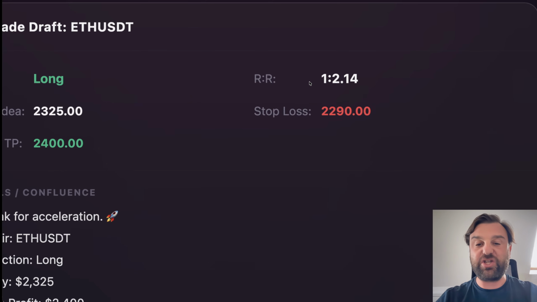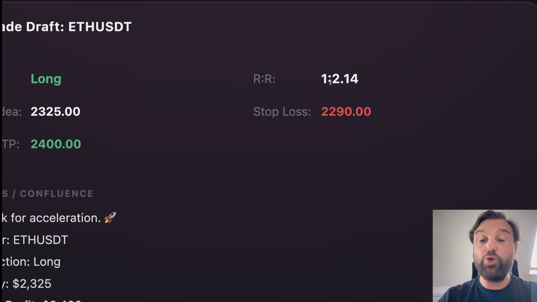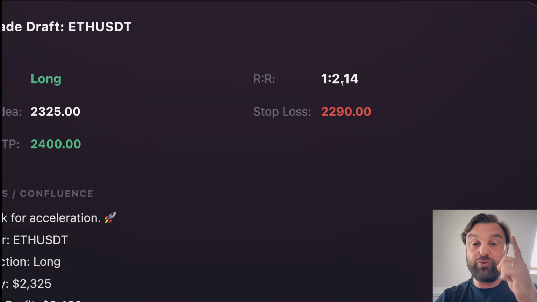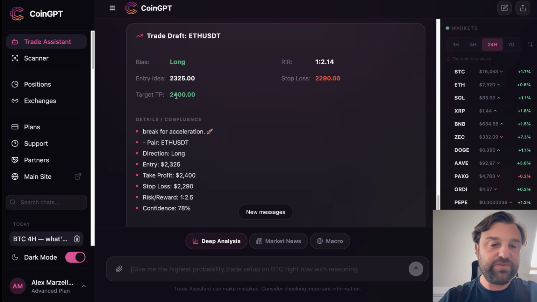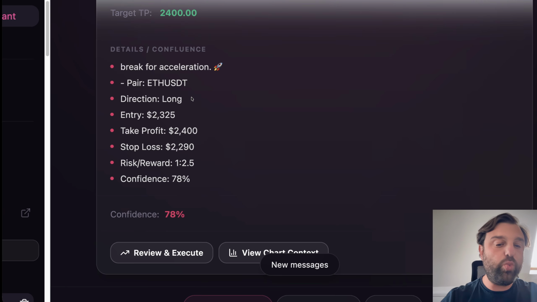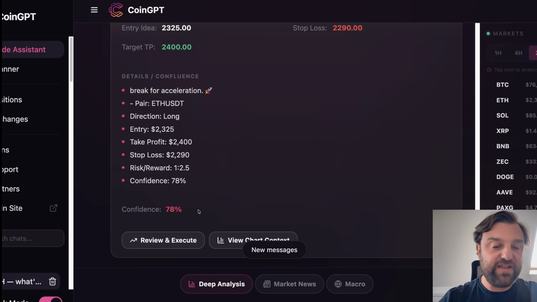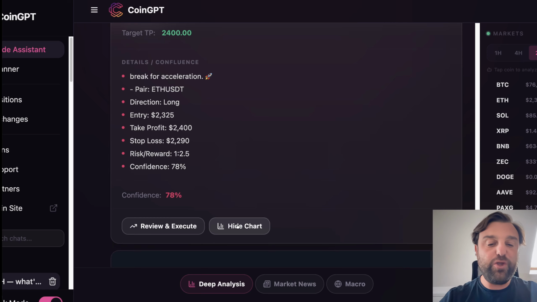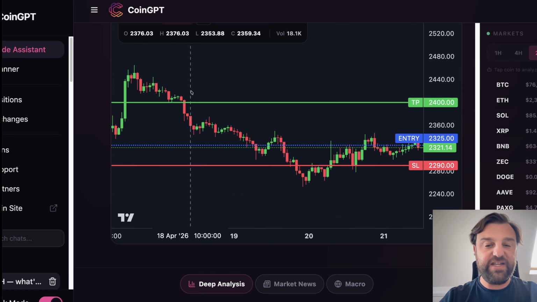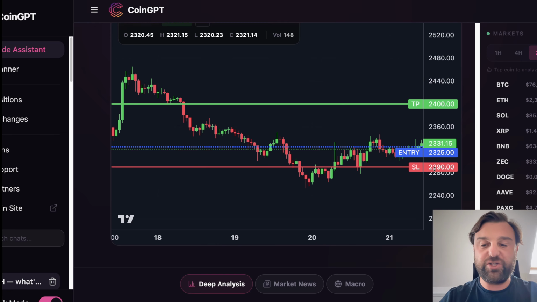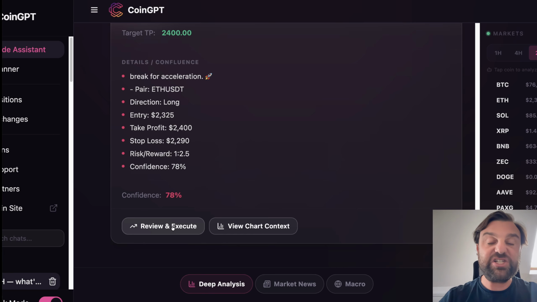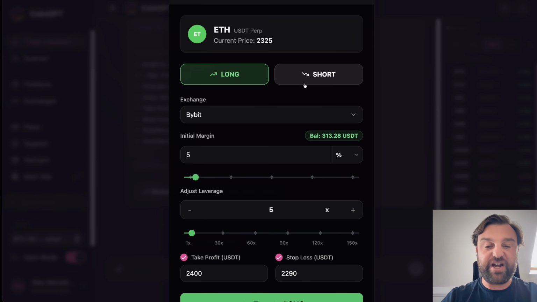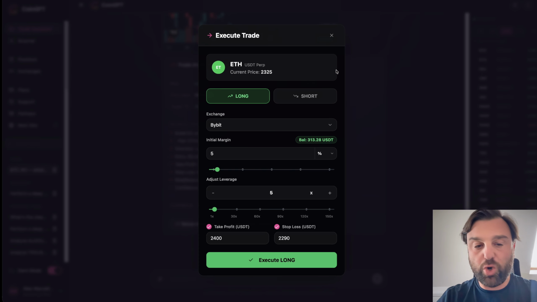As you can see, it's giving us a risk to reward here of 1 to 2.14, which means for every $1 you risk, you're gaining $2.14. It gives you a suggested stop loss, it gives you a suggested take profit, and it's telling you why it's suggesting the long trade as well. And it's even giving you a confidence rating. Now, what's more, you can actually view the chart context from this draft trade, select the stop loss and take profit to drag it where you want. And the reason it's giving you that option is because you can actually review and execute this trade directly from